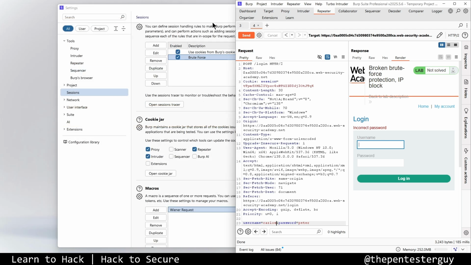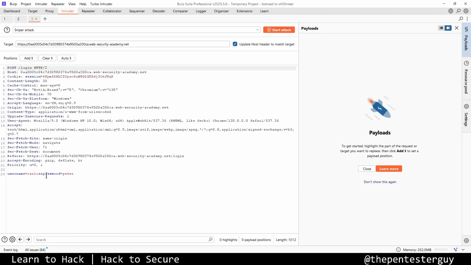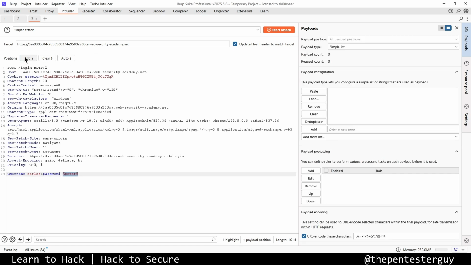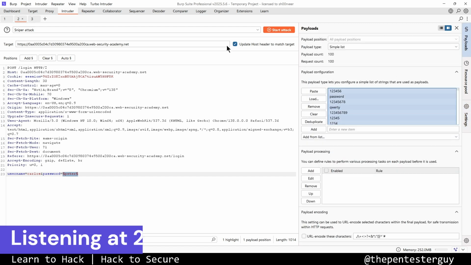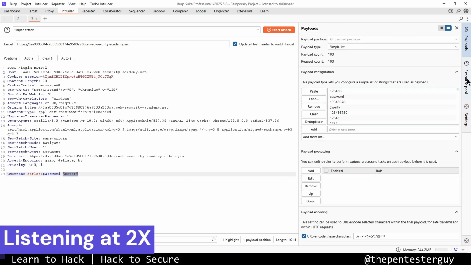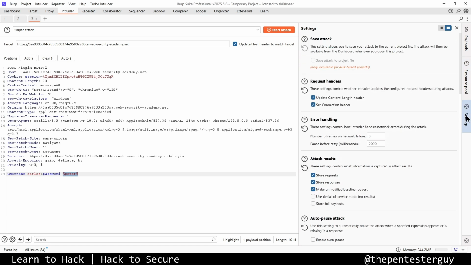Let me close the session tracer. We'll send the Carlos username into the intruder tab, and we'll select again this password where we need to brute force it. I already had this list in place, so I'll just copy paste it. In the resource pool, we will be utilizing the custom resource pool with the concurrent connections set to 1, and we'll have the